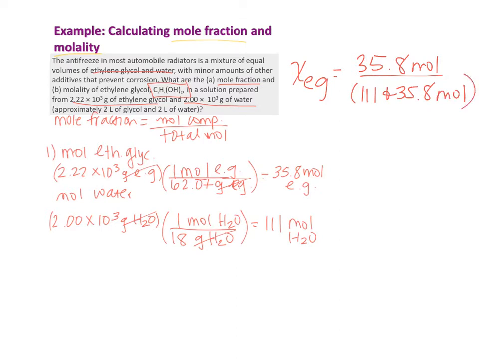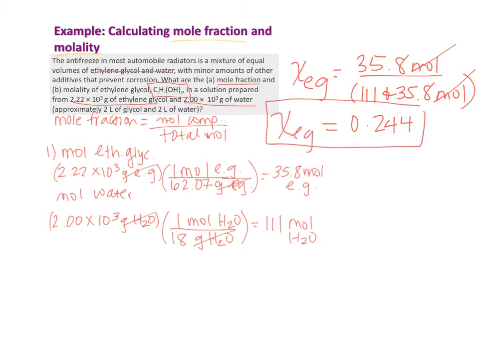And that will give us our total. So whenever we add this up and calculate it out, you should get 0.244. Now notice that the units cancel out, so the mole fraction for ethylene glycol in the solution is 0.244,